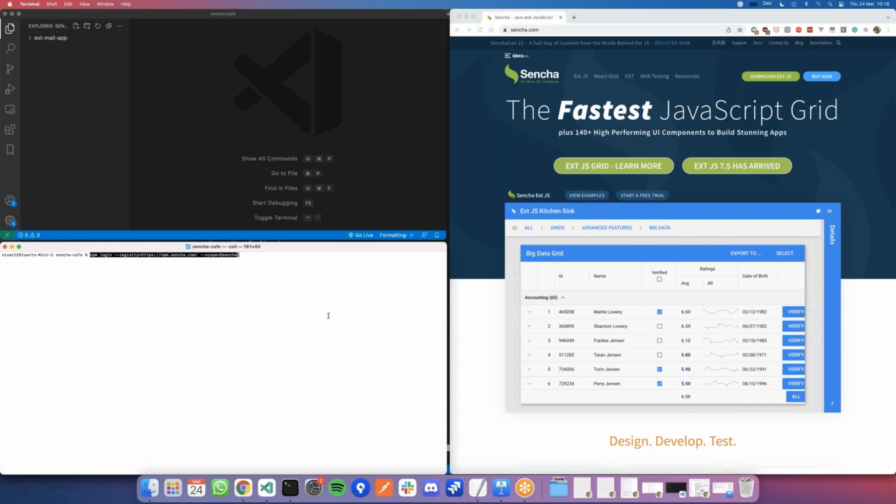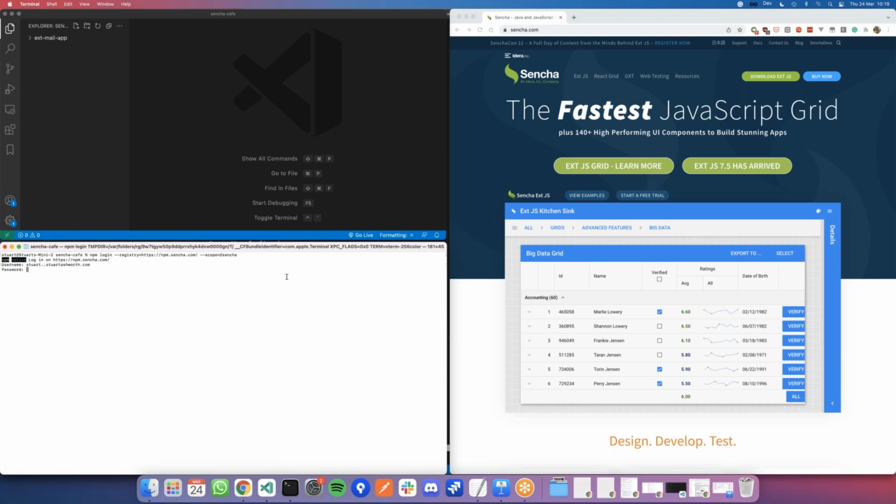So we use this command here, npm login, and the registry address for Sencha's repo, and the scope is @sencha, which is what all the packages come under. So we can just run that. I've already logged in, obviously, because I've been trying this out. But so we just do our username, and one thing to note is that instead of an @ in your email address, it's a double dot,